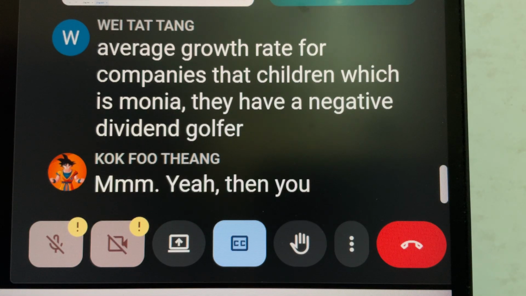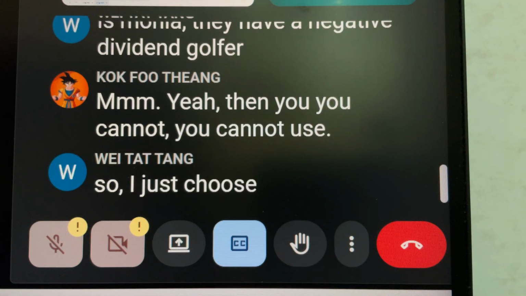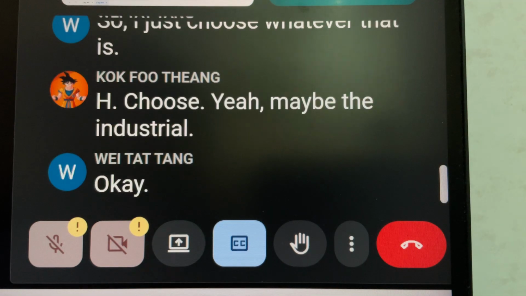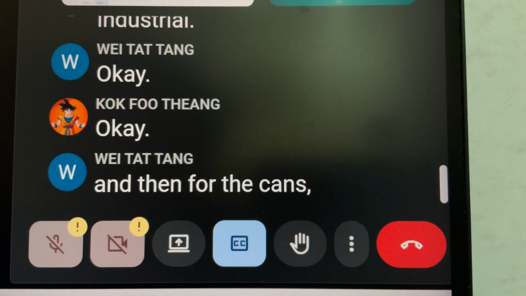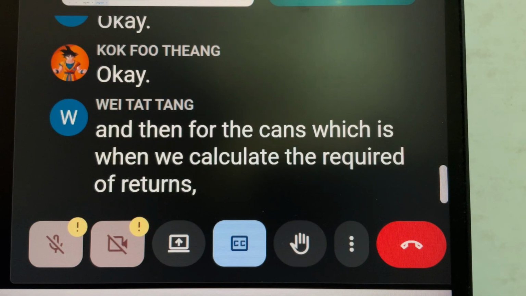Yeah, then you cannot use. So I just choose whatever there is. Choose, yeah, maybe the industry. Oh, okay. And then for the Km, which is when we calculate the required rate of return, is the